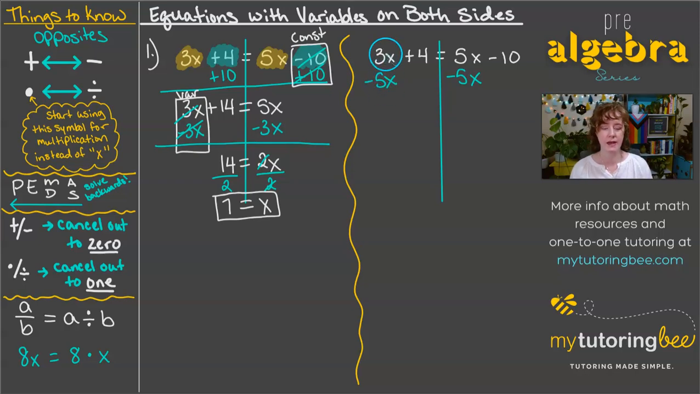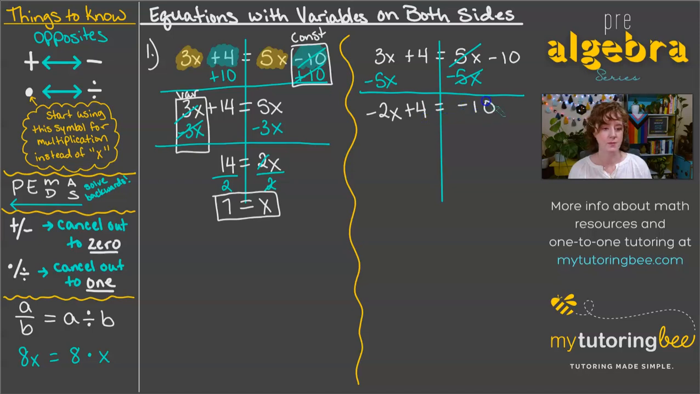And notice that I'm lining up my x terms with my other x terms over here on the left-hand side. I'm not putting it underneath the 4 because the 4 and the 5x, those are not like terms, but the 3x minus 5x, those are like terms. All right, so that's going to cancel out my variable on this side, leaving me with negative 2x plus 4